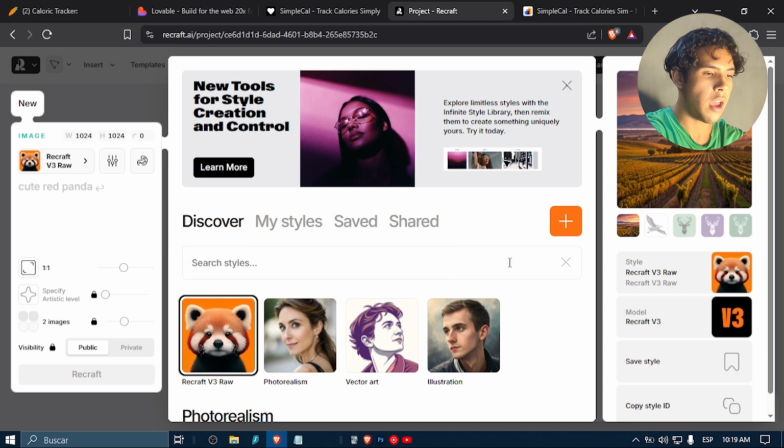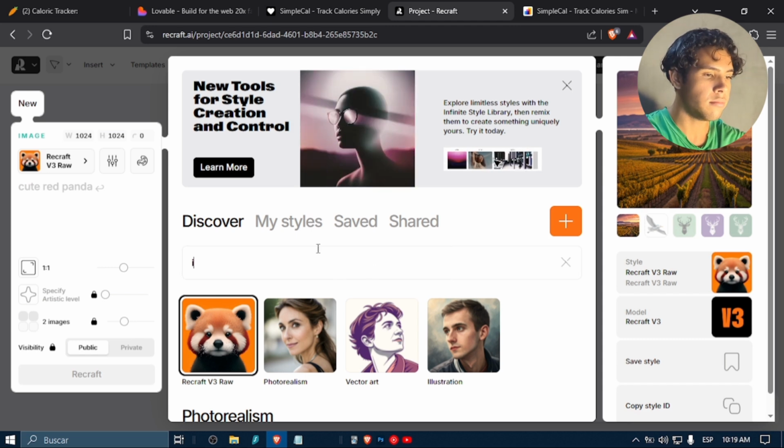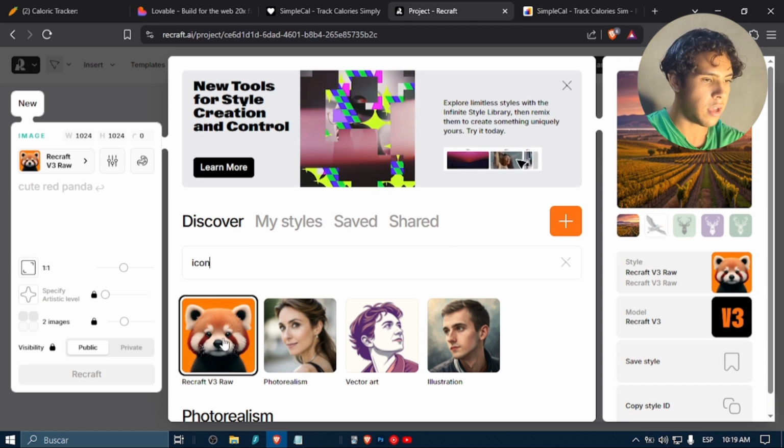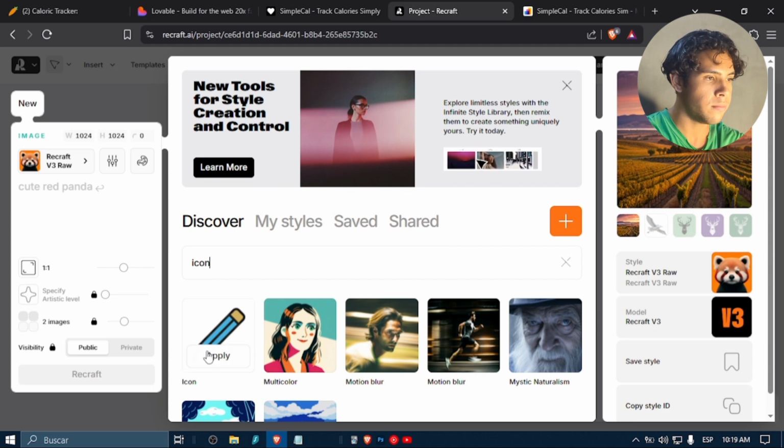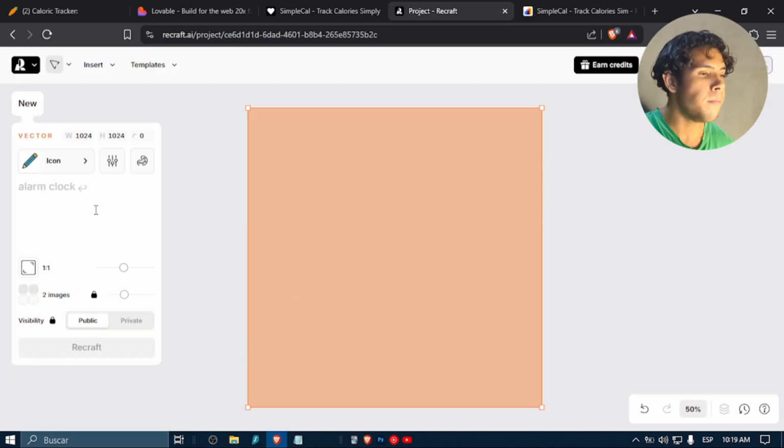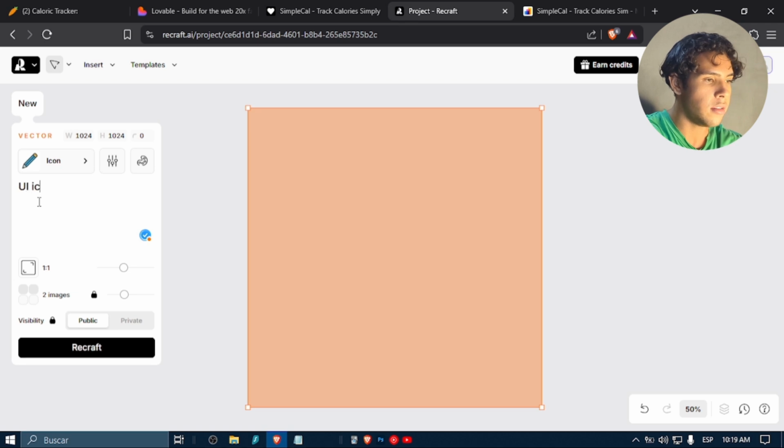Perfect. Write icon. Icon. Apply this model icon. We are using Recraft because it offers very good features. I guess it's the best AI editor and offers really good features for free. You can create so many. So I'm gonna create a UI icon design of, I don't know,